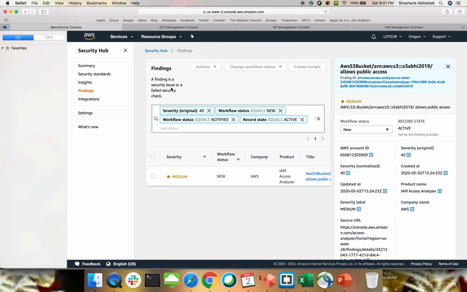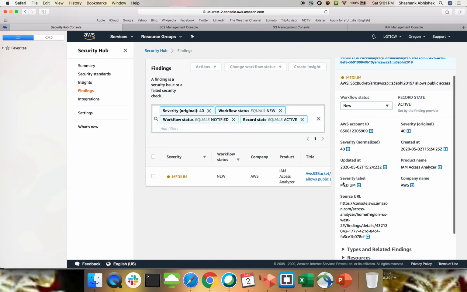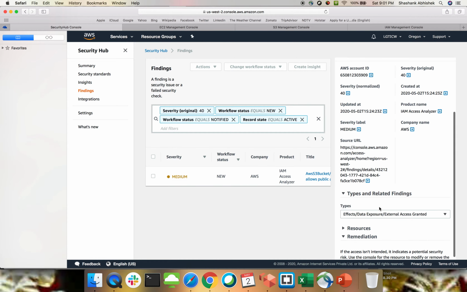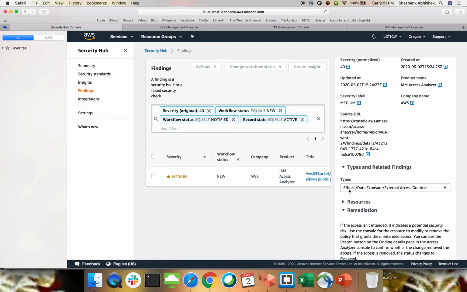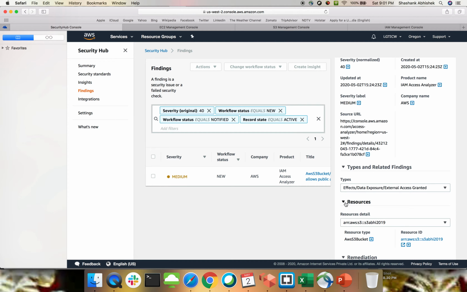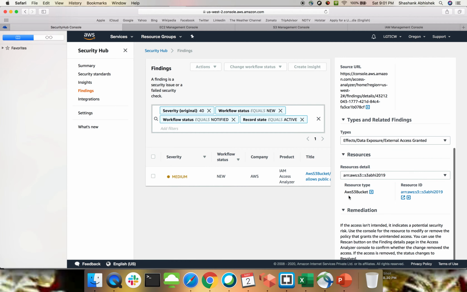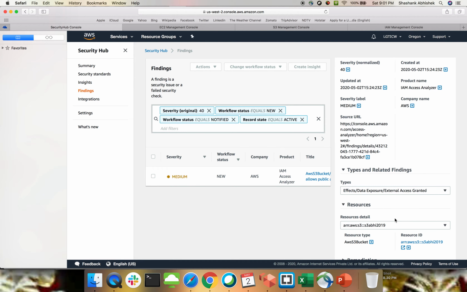A finding with a security issue or failed security check. Okay, this is a medium level of security. You can see the type, effects, data exposure, external grant access, AWS S3 bucket, which is the resource ID, S3 Abhi 2019. Remediation, we are getting some recommendation as well.